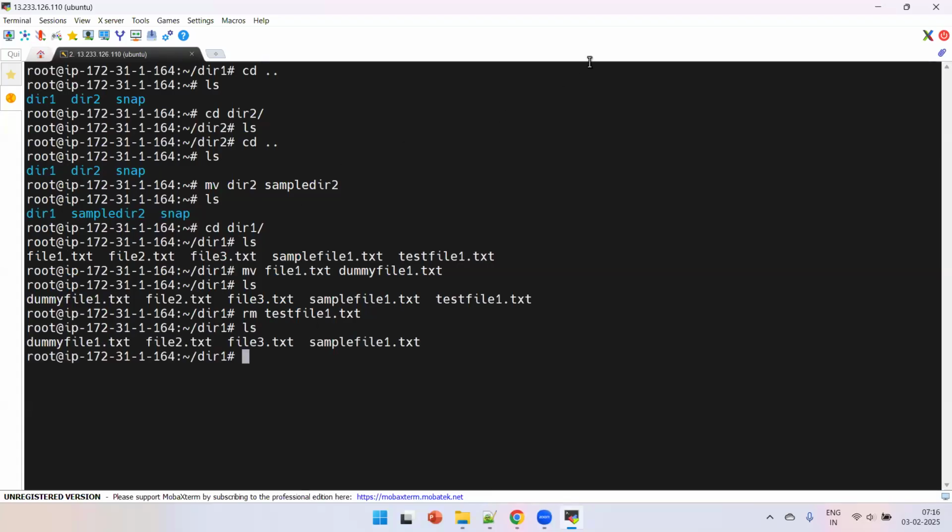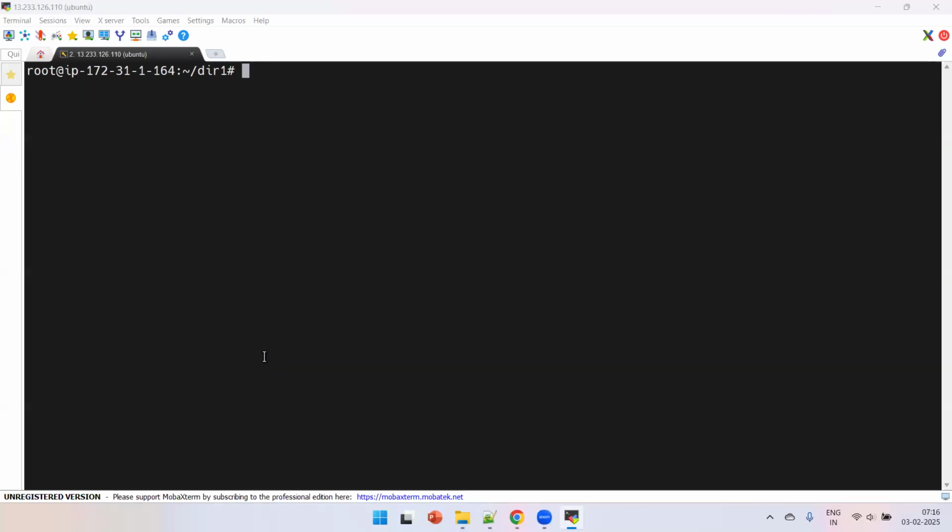See this? So this file has been removed. Rm command. Similarly, if I use, let me, so I'll navigate to my previous folder. And if I say rm followed by the sample directory,